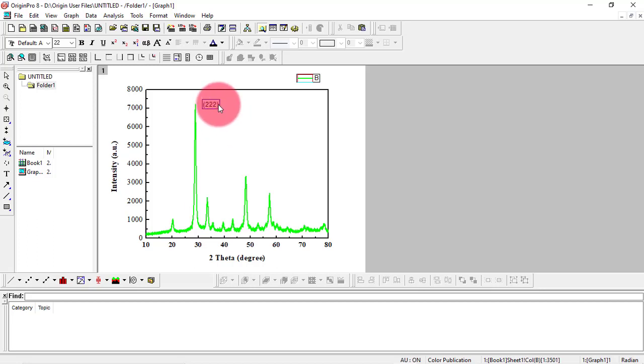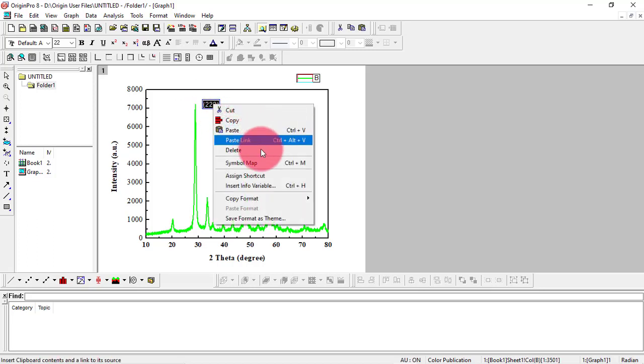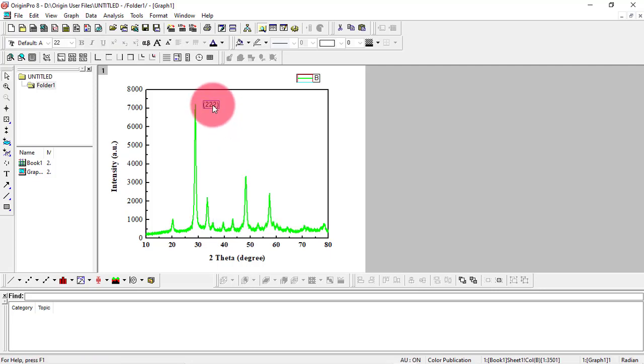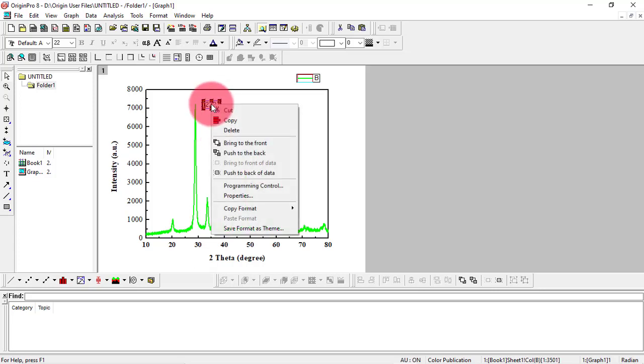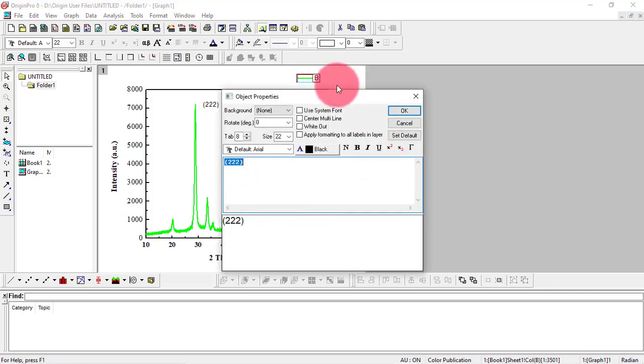Suppose I want to rotate it. So what will I do? I would select this text, right click on it, no, it's not appearing, so let me just do it. I'll select this box first. Okay, you have to just click over this and then right click and then go to the properties.